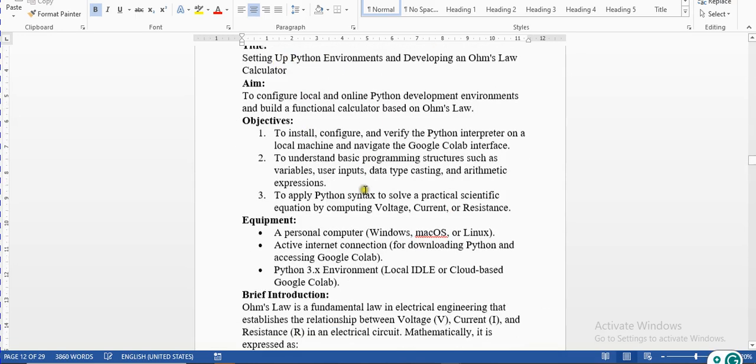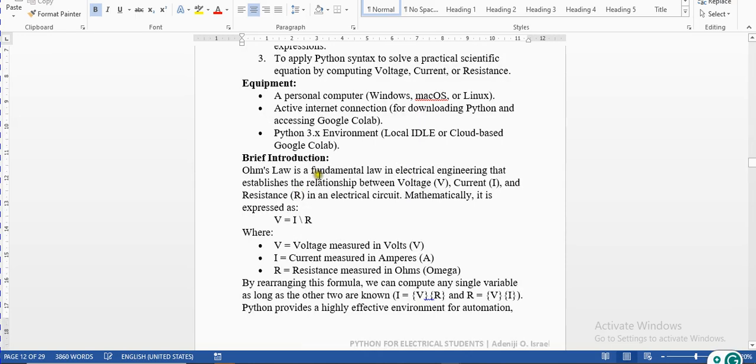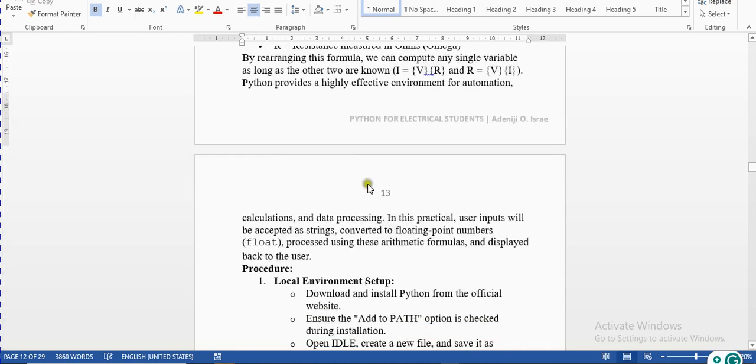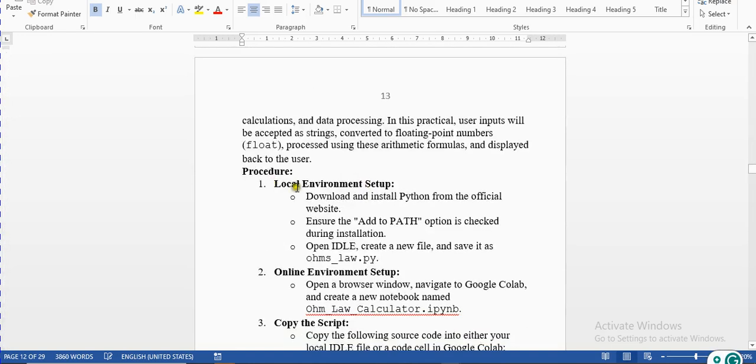You write what you need to write: title, aim, objectives, your equipment. You don't write this brief introduction, don't forget, it's just for you. Then go to your procedure, local environment setup. We are not using local environment, you are using the online environment. But local environment is there if you want to use your system, based on the practical 3 where you install